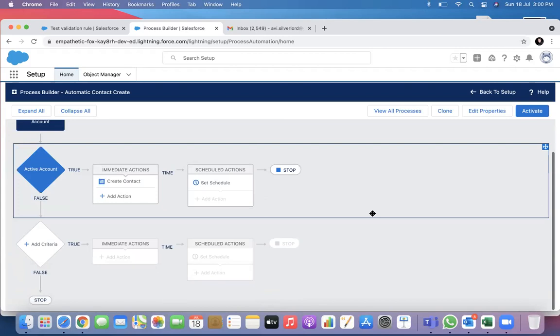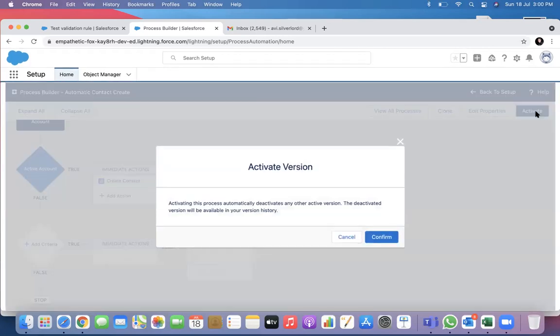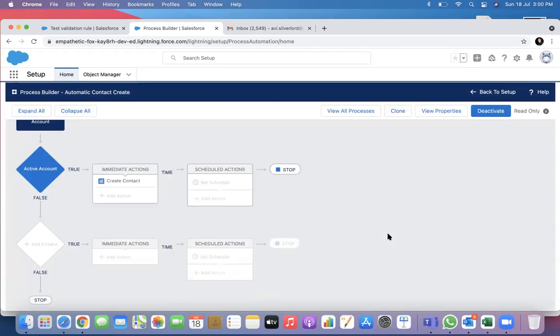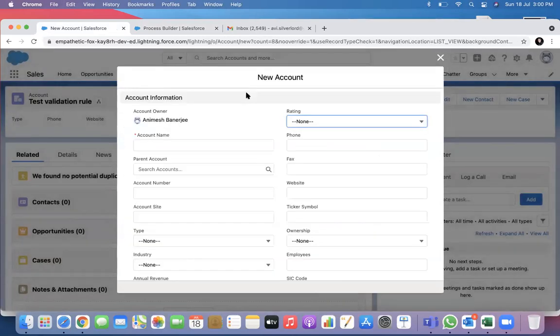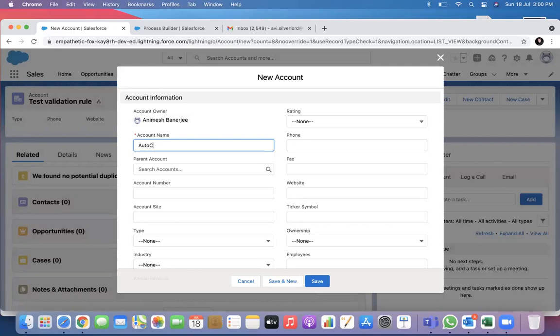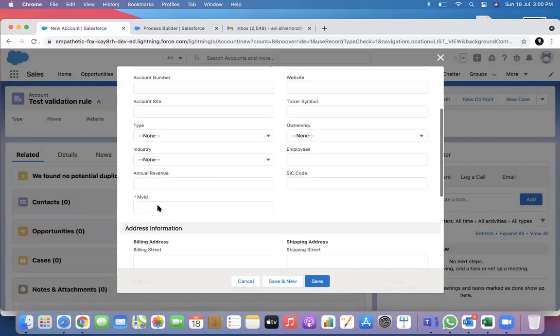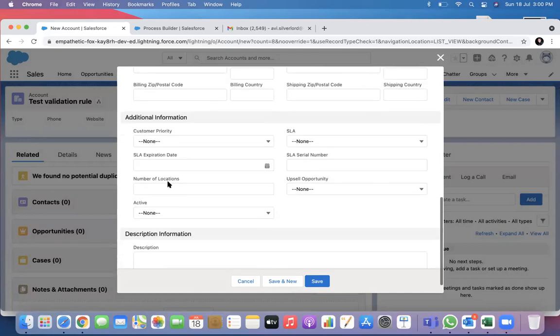Okay. So now what is happening is that I activate it. Now let's test it. Auto contact. My ID I have to put something. And in active, I will say yes.